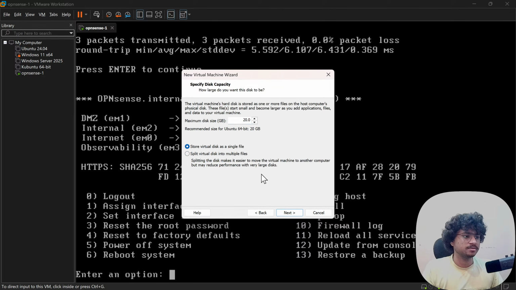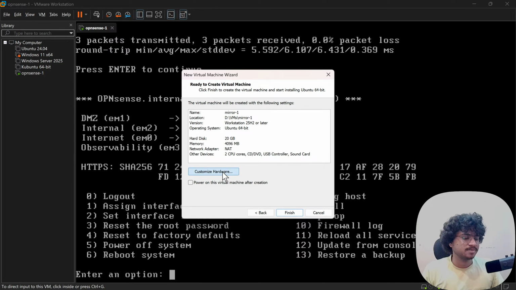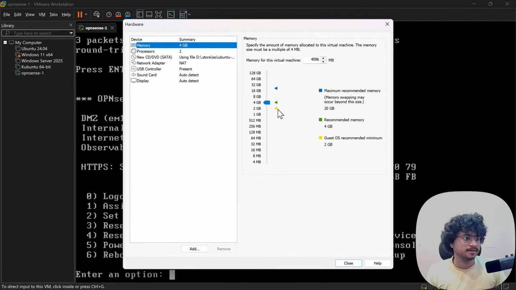I'll store this as a single file, so the disk IO will be faster. Customize the hardware. Please give it somewhat less because you see there are a lot of servers. I need to open a lot of virtual machines all together. So even though I have 32 GBs of RAM, it's quite limited when you need to open so many servers. Okay, I'll limit it to 2 GBs of RAM